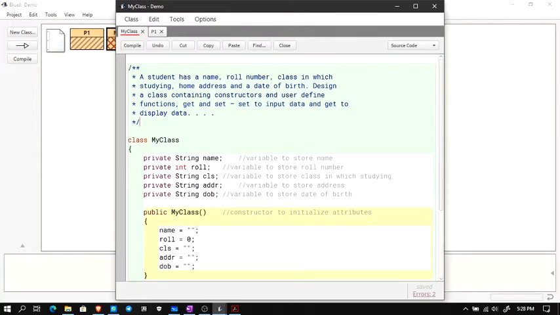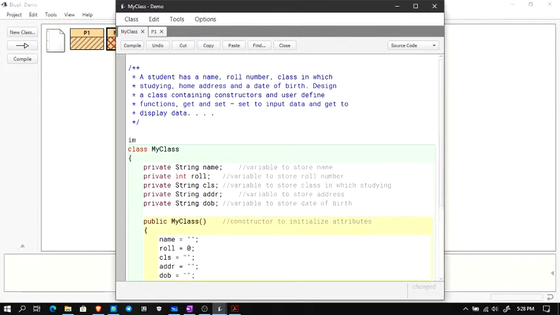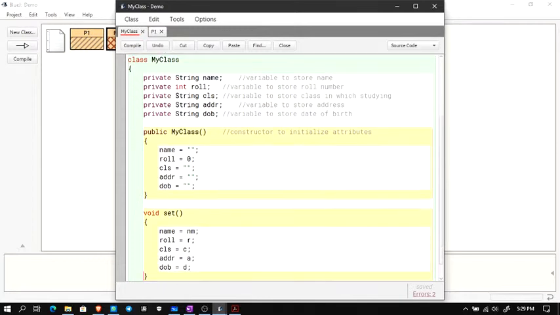Let me import the scanner class here. I'll be taking inputs here itself. So I'll not be doing it in main. I'll be taking inputs inside the set method itself. So I have to define the scanner class. So I'll have to define an object. So Scanner sc is equal to new Scanner